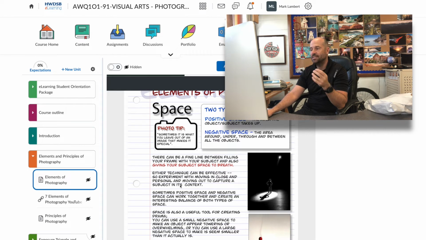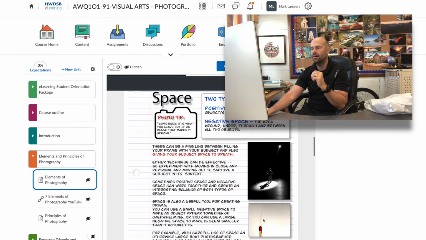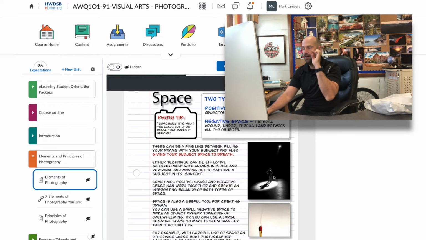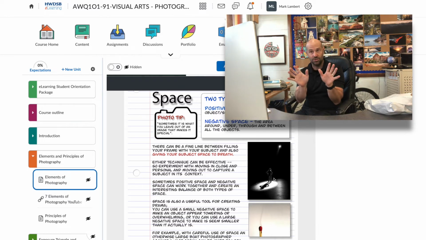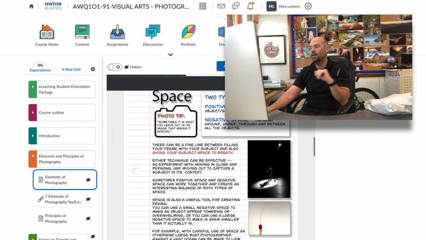Then you have space. Space is when you are incorporating empty space, right? There can be positive space and negative space, right? You can see just the fact that this one line of smoke coming up from the match head, or the amount of darkness in this stage presentation, really adds to the effect of the image, right? So you don't always have to fill the picture, right? It might be good to leave a lot of space,